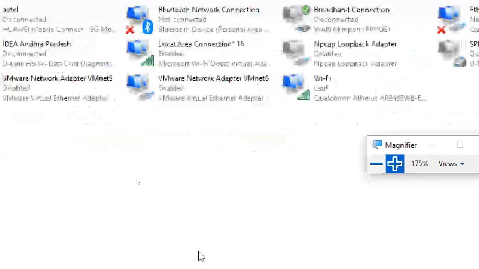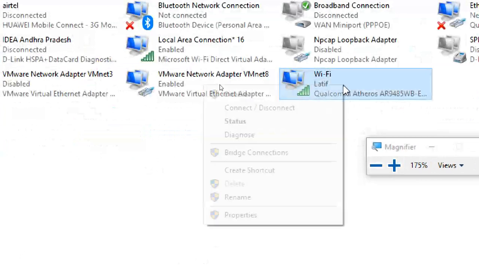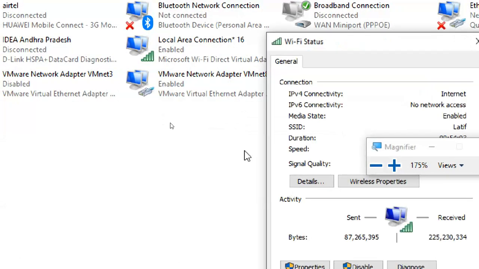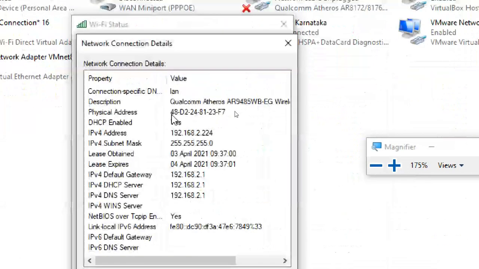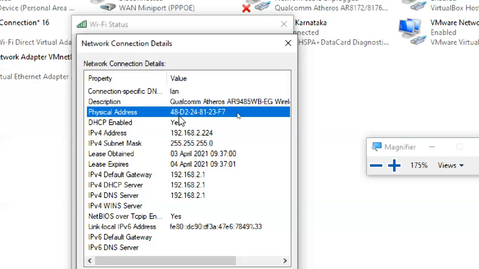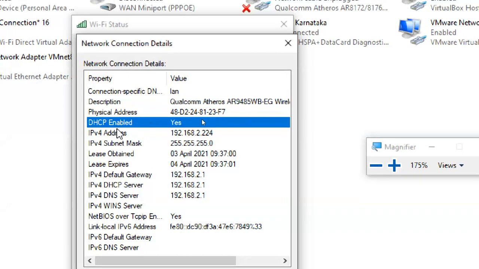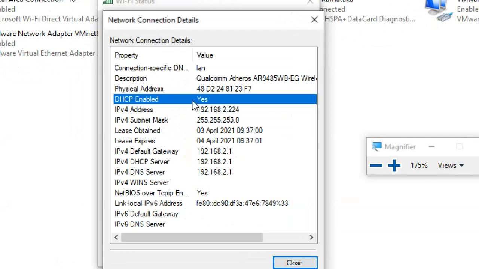This is my network adapter, this is my Wi-Fi. I'm going to status, details. Can you see? DHCP enabled: yes.